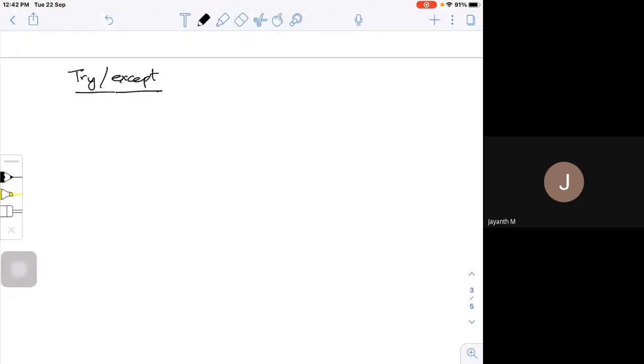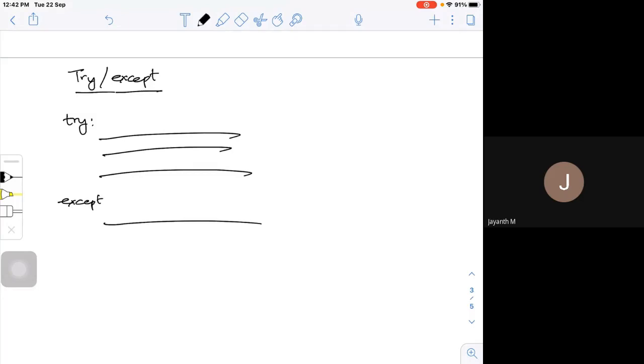What is it actually? See, if the code in the try works, the except part is skipped. Say for example, try has some 1 or 2 lines, then except has, let me say, these 3 lines.